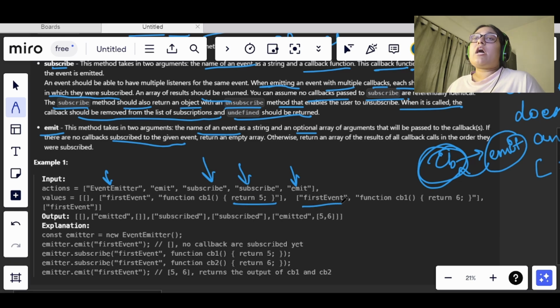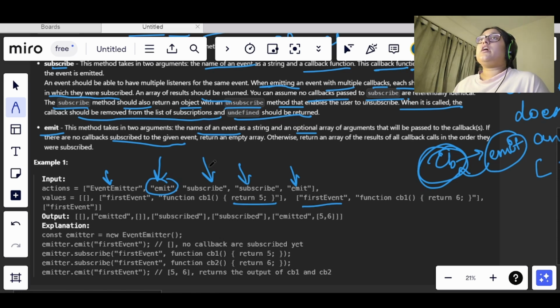So our subscribe had two parameters, right, one was the name of the event, and the other one was the callback function. In the same way, emit also had two parameters. One was the name of the event, the other one was an optional argument in which we were passing the values for the arguments of the callback function, right?